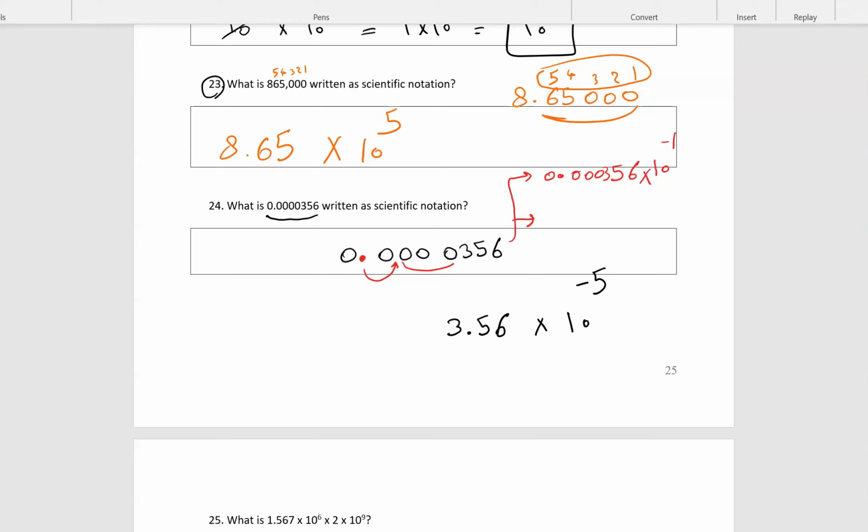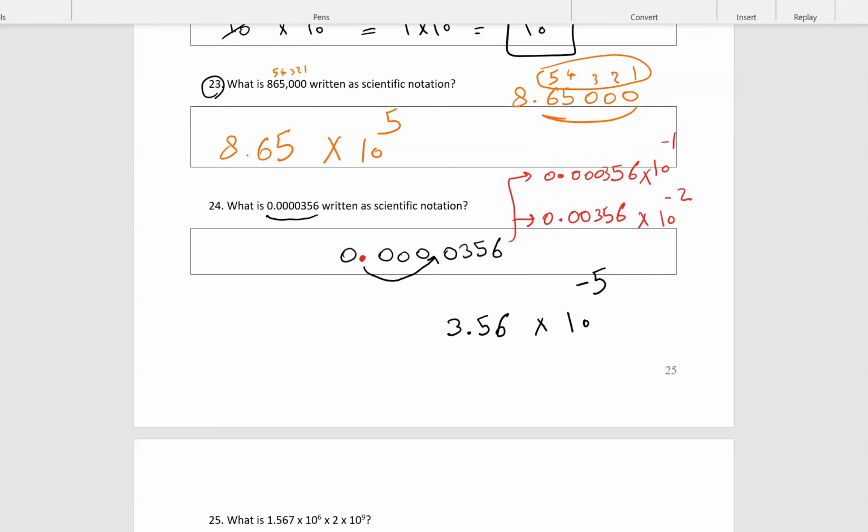Then again, if I want to move this dot to here, it means it should be 10 to the power of minus 2, and then I will write the rest, 0.0356. Or if you want to move your point